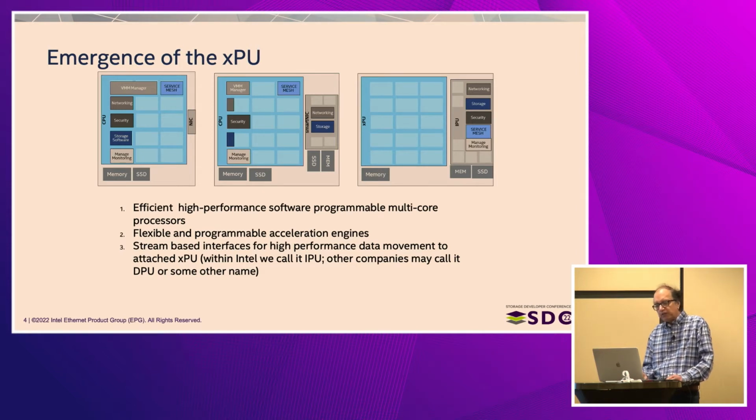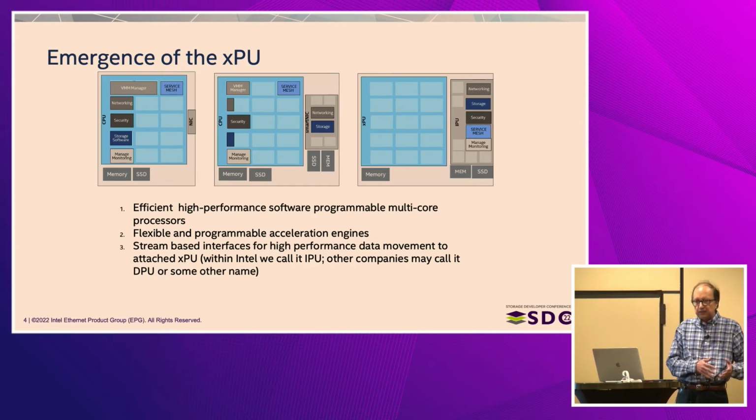It definitely needs to have flexible and programmable acceleration engines, such as accelerating NVMe protocol or RDMA protocol, or handling the packet processing, the match action pipeline of P4, to have an engine like that. It should have stream-based interfaces for high-performance data movement. It should have some kind of out-of-band management capability so that it is managed separately from the CPU, or in